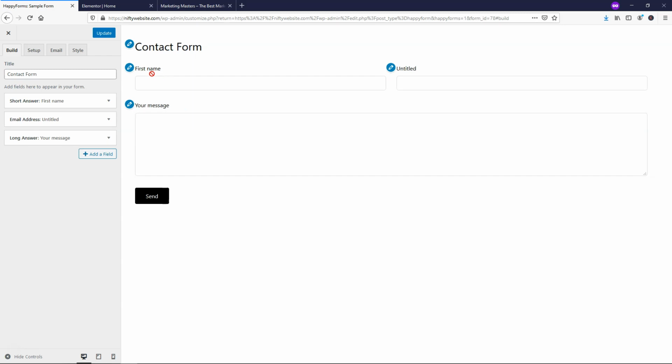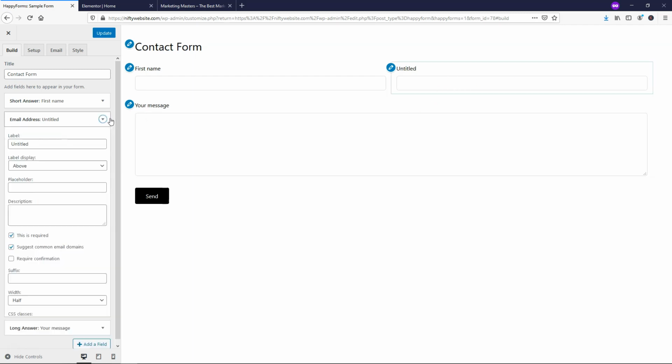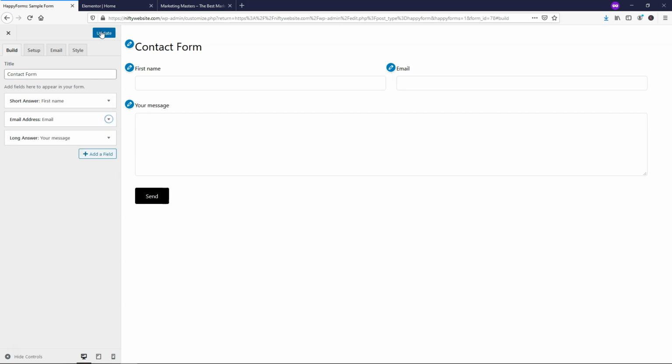So you can see right here it says first name. This says untitled because I didn't title it. I've got to change that, and that's where our email would go. And then it says your message. So let's just click on this real quick where it says label untitled. Let's go and make this one email. And then once we're happy with that, we can update it, and we can keep going through the build out